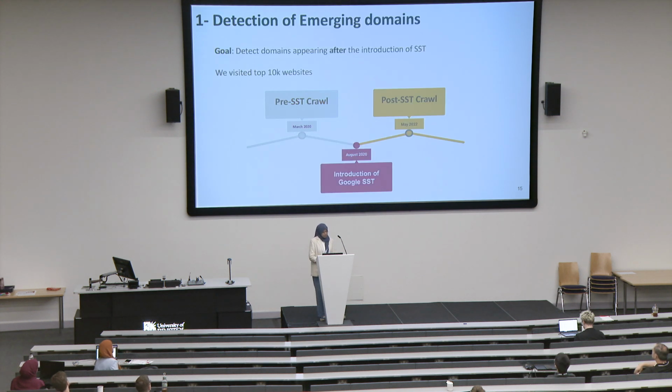Now, moving to our methodology, the first step was the detection of emerging domains. Google introduced server-side tracking in August 2020. Before that date, not many companies had introduced server-side tracking. It was not commonly deployed. Therefore, we believe that domains performing server-side tracking will be included in recent crawls, but not in crawls before that